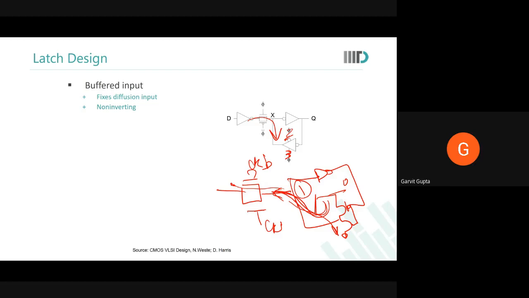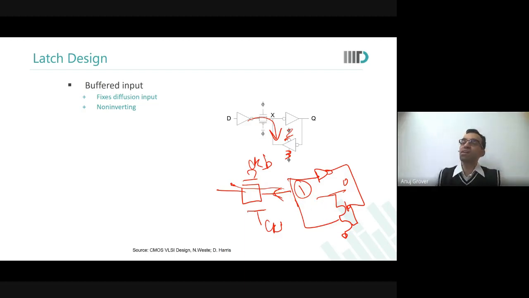But will it not depend on the sizes of the NMOS and PMOS in the inverter? Yeah, so what we are saying is that if we do not use a controlled latch, then the sizing becomes important. Then things can fail at one particular PVT and they will pass at another PVT. Are you with me? Yes, sir. We don't want that kind of a risk in standard cells. In fact, we don't want that kind of a risk anywhere.